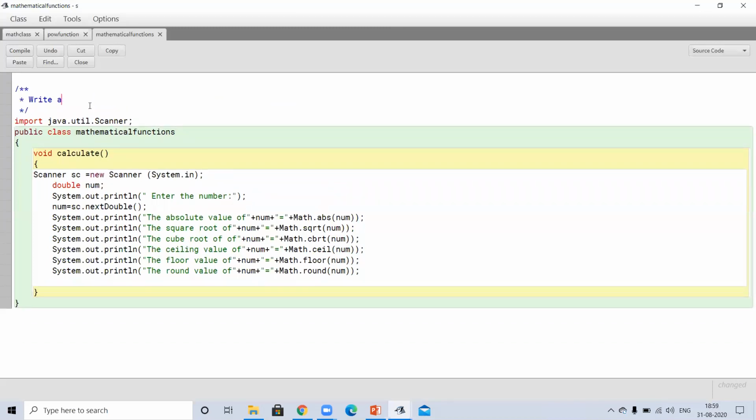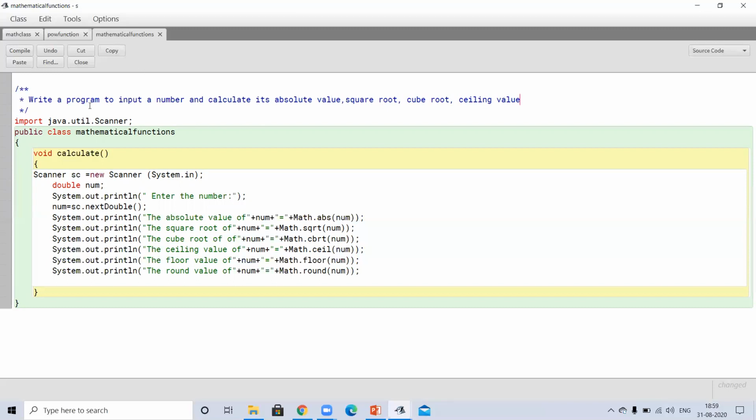Program to input a number and calculate its absolute value, comma, next we are finding its square root, next we are finding cube root, and then we are finding ceiling value.